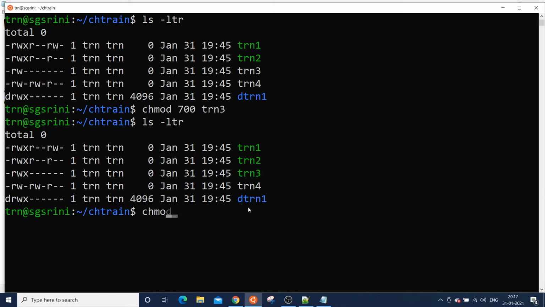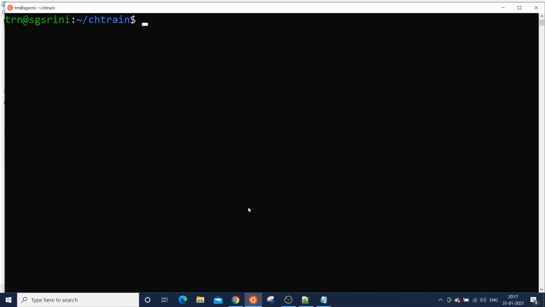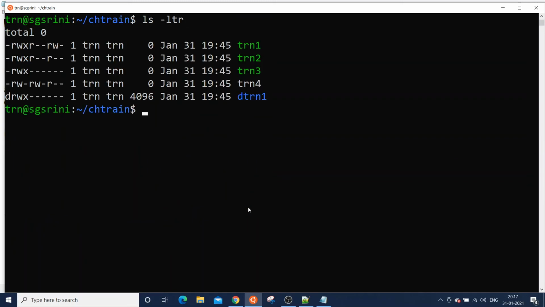Now let's see some more combinations. Train4 has read, write and read. So let me give chmod 760 train4.